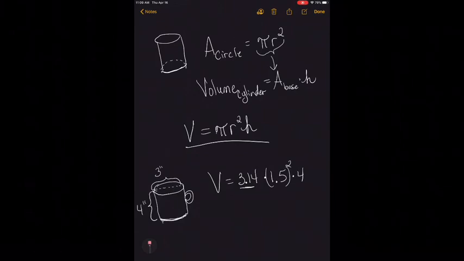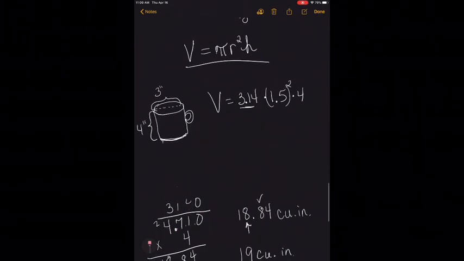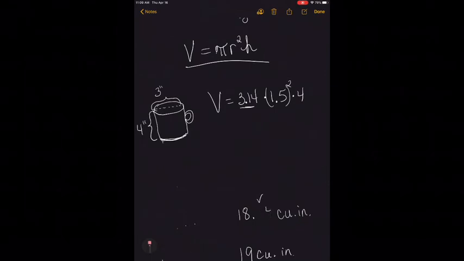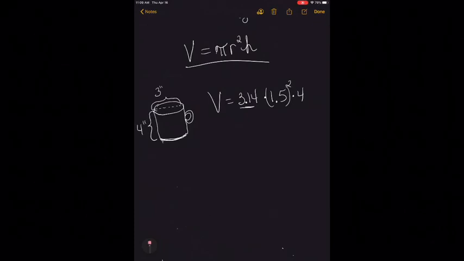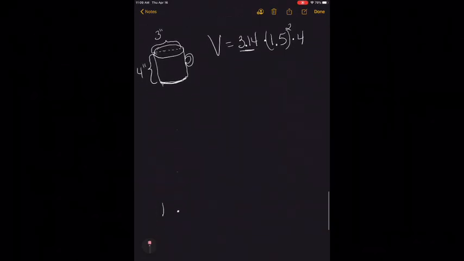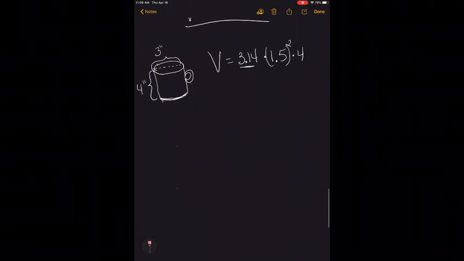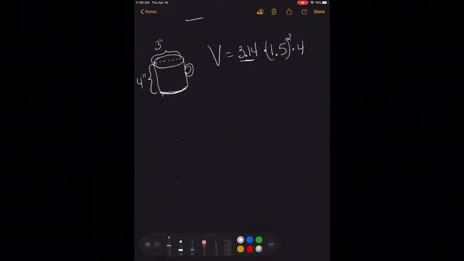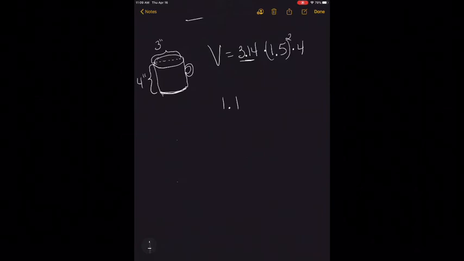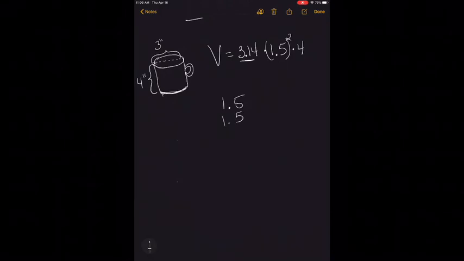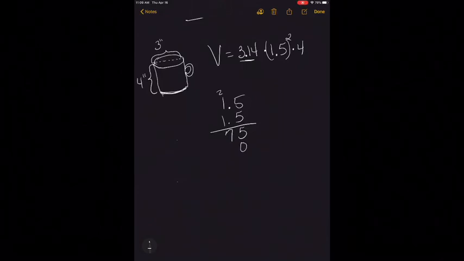Okay, so the very first thing we want to do is I'm going to erase some other stuff because I'd already done a video that didn't get recorded for some reason. So we're going to erase all of this. First thing we really want to do is to square 1.5. Okay, so I'm making this more work than your actual problems in your book, but why not? So squaring 1.5 times 1.5